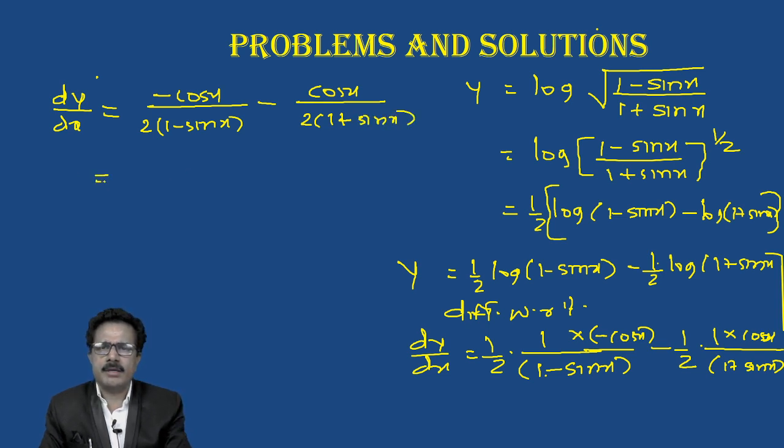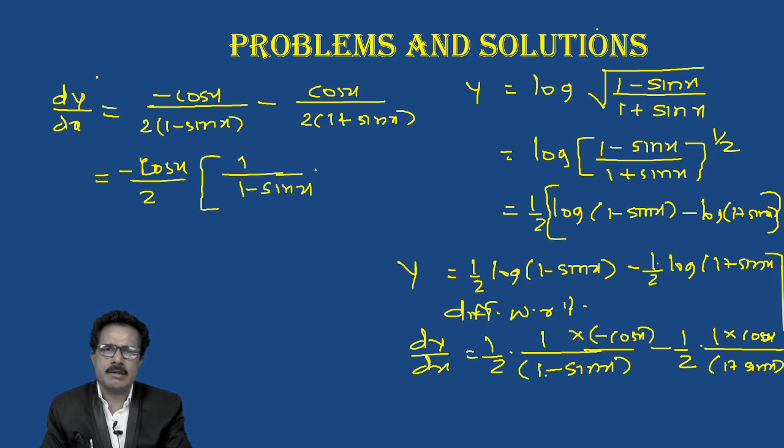Take out the common term, minus cos x divided by 2 is the common term. What are the terms remaining in the denominator? 1 upon 1 minus sin x plus 1 upon 1 plus sin x,